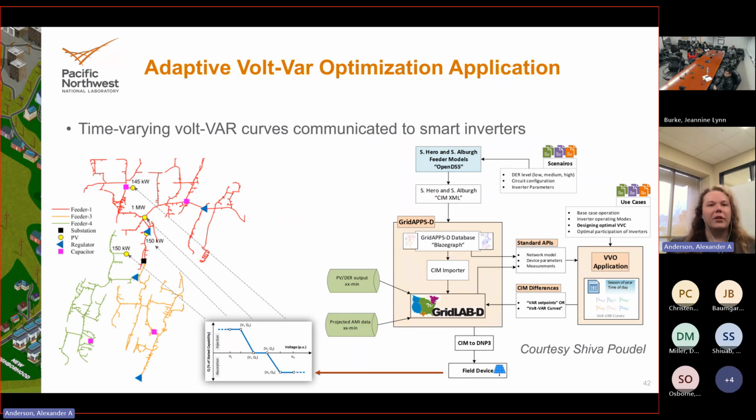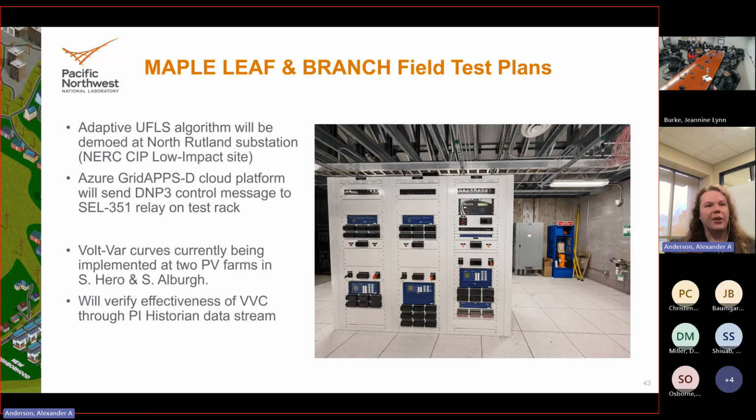But most importantly, this is not a paper study. This is applied research where we are going to show the ability to send DNP3 control messages to a Schweitzer SEL351 relay at one of the Velcro substations. We're not going to do it for a relay that's actually hooked up to the real breaker. We're going to have one on a test cart, but within the same data environment,